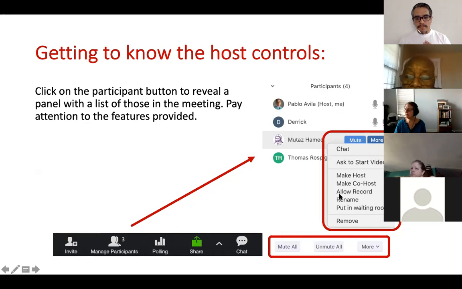You can remove someone, for example, from a meeting. And if you have enabled the feature that says do not allow participants to rejoin a meeting, they will simply not be able to join the meeting again, even if they have the URL, even if they have the meeting ID. The buttons at the bottom are also